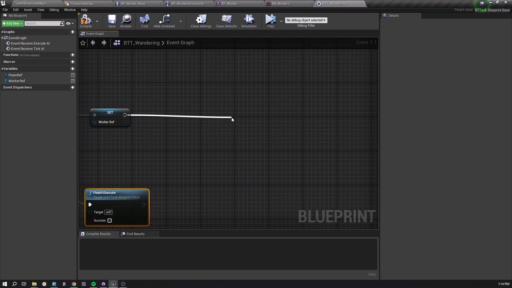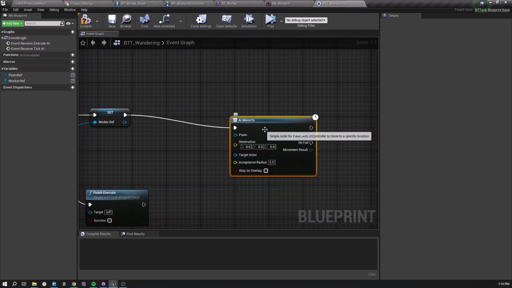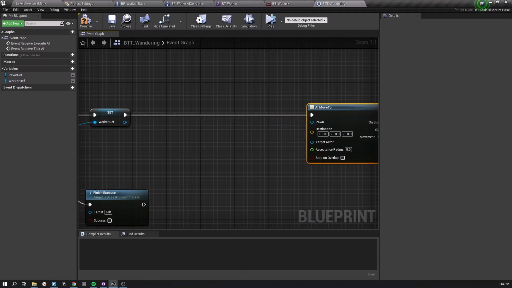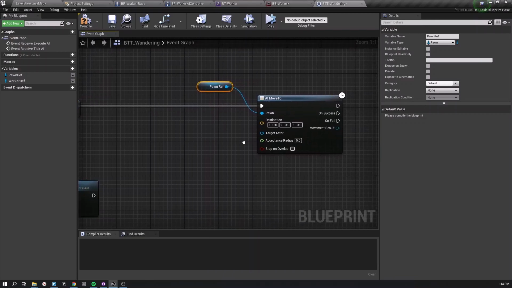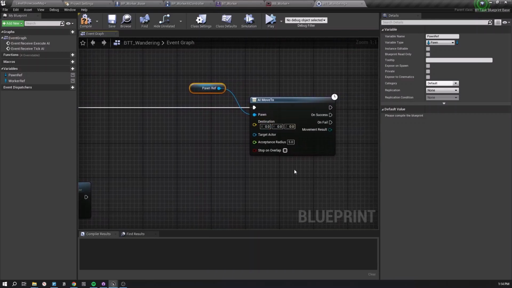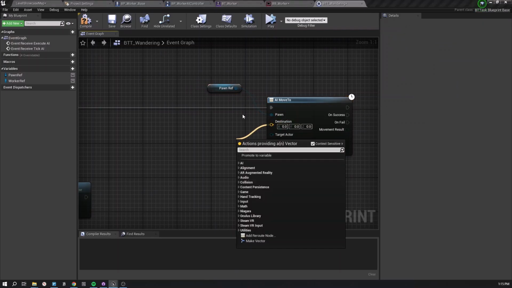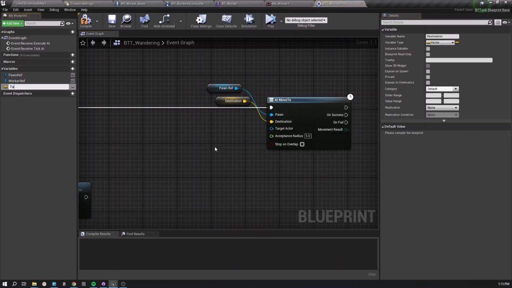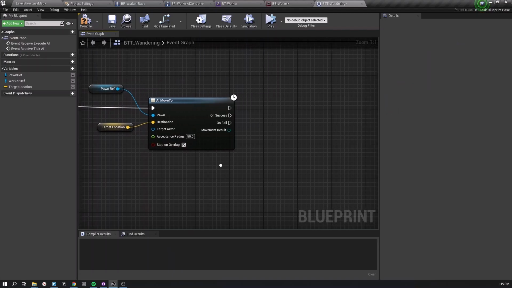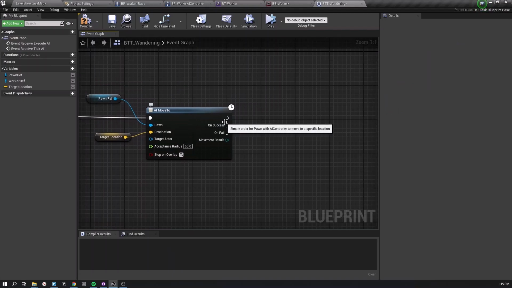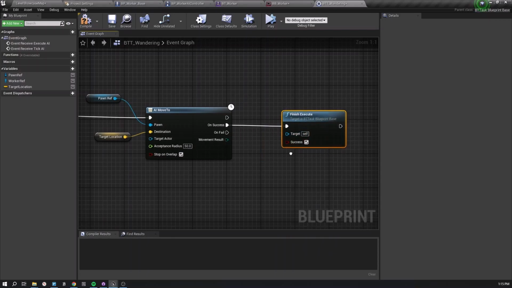Also, let's try to move our AI, right? And this is the phone, and we need a destination, so maybe let's promote it to a variable called target location, and expect acceptance radius, maybe I'll make it 50, and stop on overlap, and if it succeeded, we can finish the execution by saying it is success,